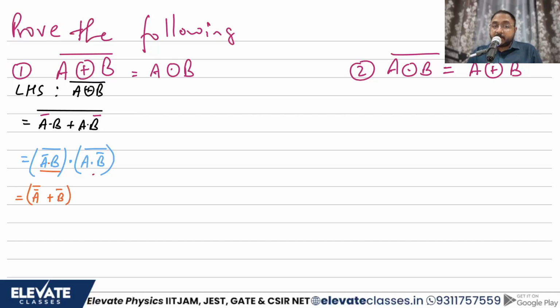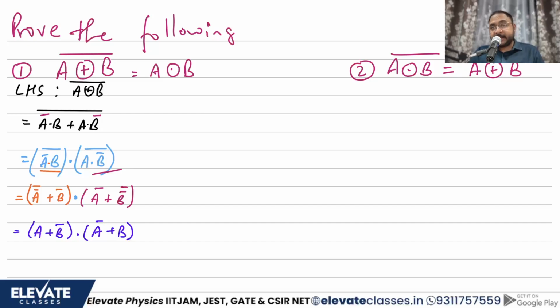Let's apply De Morgan's here. So what will I get? This is A plus B bar, the complement operator gets broken and I put this complement on top of both. And what about the dot in between? There's no change, the dot in between remains as it is. Okay. Now let's move on. If we go further, we can solve this as A double bar plus B bar. What is A double bar? It is A. So A plus B bar dot, A bar plus B. This is my final result.